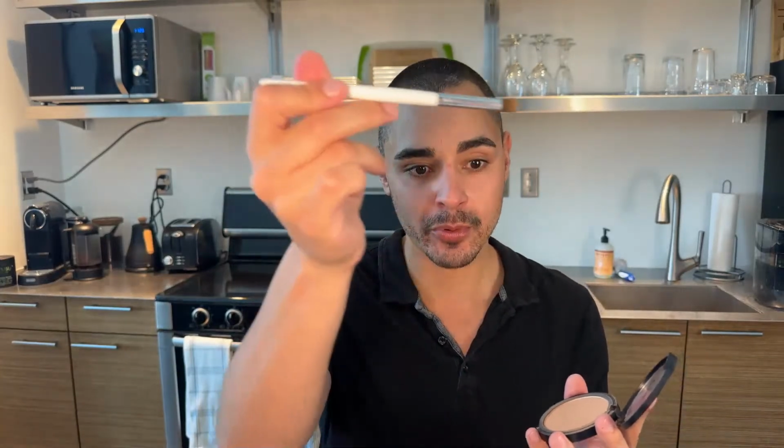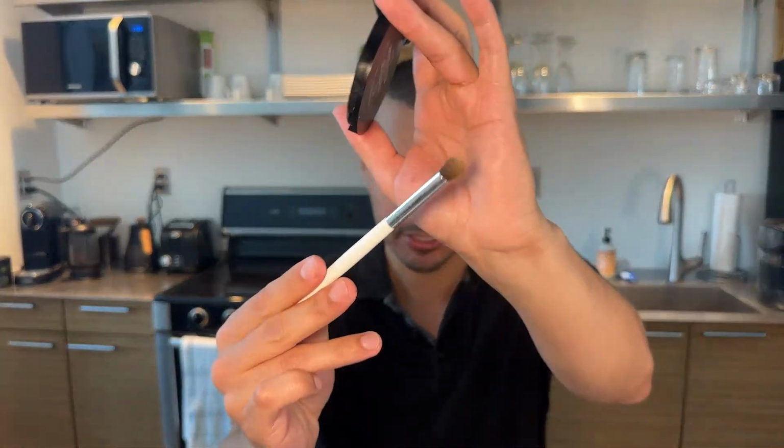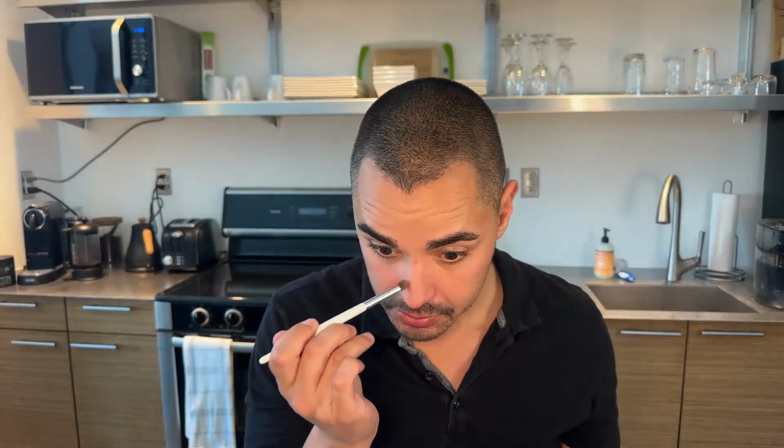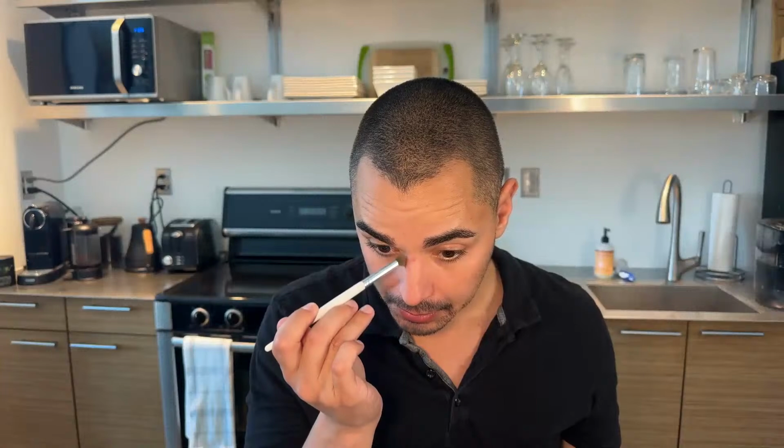And I can lose the weight, but I can tell as I'm getting older, I'm just taking a little, this is actually a blending eye brush from e.l.f. And I like to do my nose contour with this. Anyway, I can tell that as I'm 36, it's definitely harder to lose weight. And I feel like more than anything else, I feel like